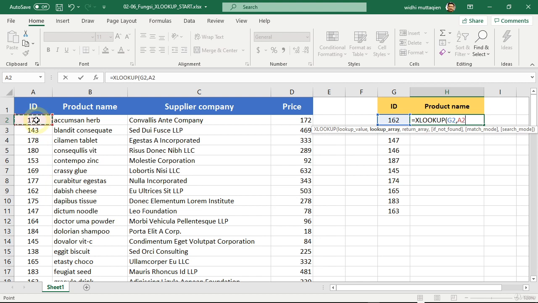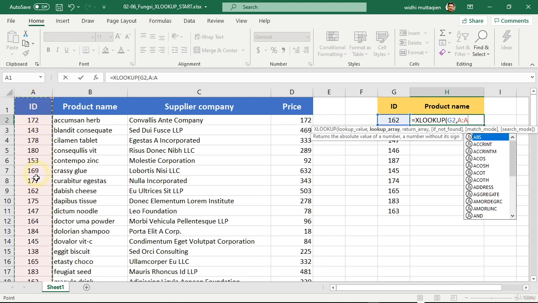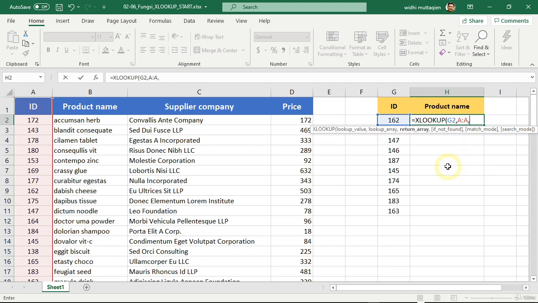We can just click and drag like this. However, that will not be a good idea if you have thousands of rows of data. It will take a very long time to use the click drag method. Now, if you know that this column is only used for the product's ID, we can just click on the column's letter. The entire A column is now selected. And we can see how to write a cell reference for an entire column is to write the column letter, then the colon symbol, then the same column letter again. After you are done, you can continue to input the next parameter by typing the comma again.